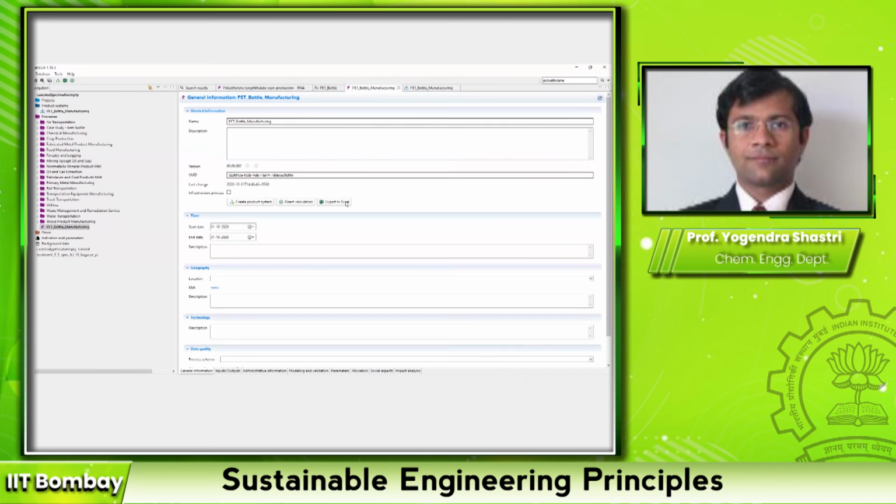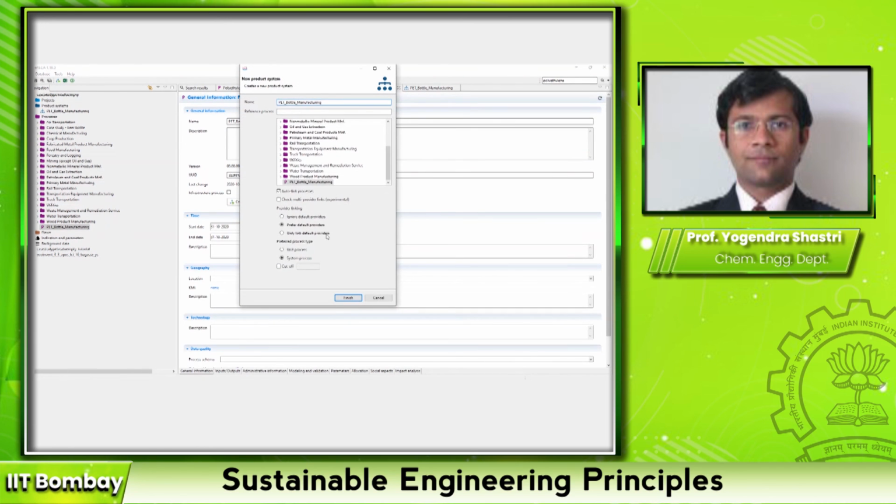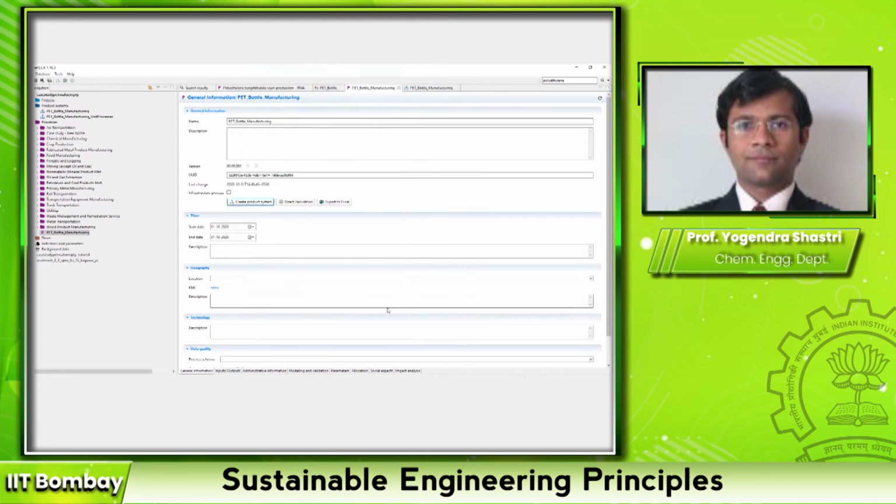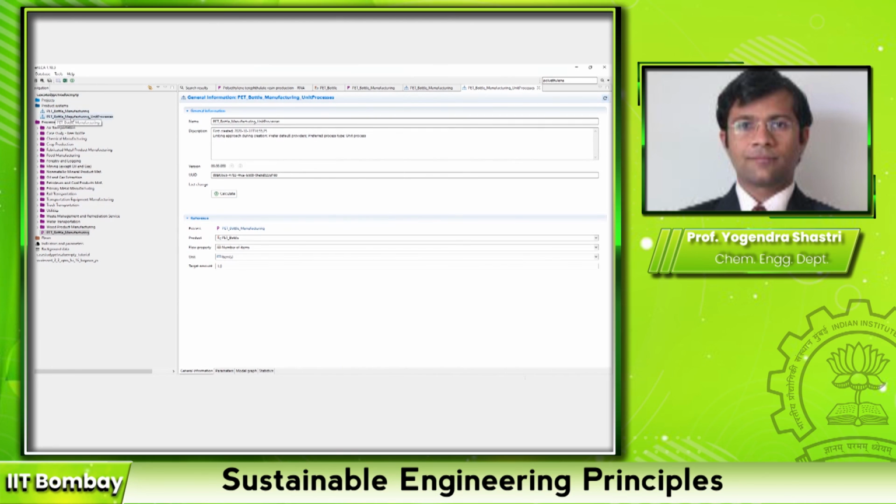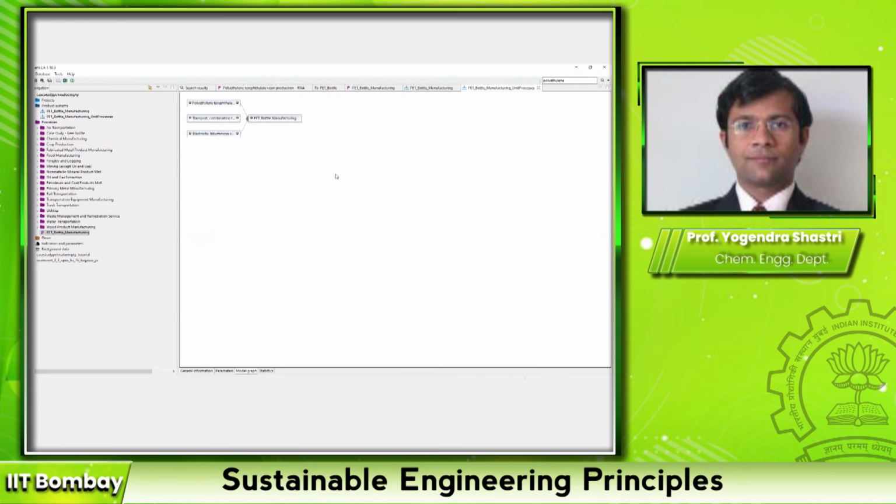Let me go to this process. I'll create a product system, and this time I'll select unit processes. Let me just change the name to avoid confusion. So I have created a different product system. It appears here, and you will see this model graph.